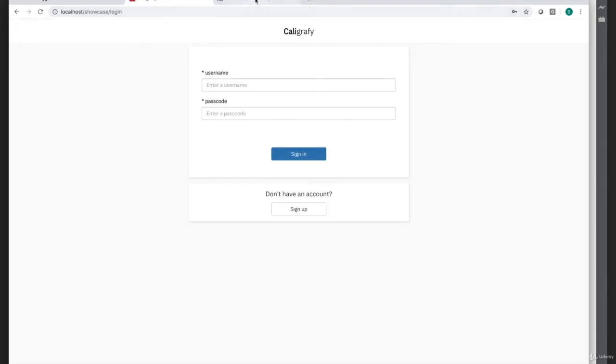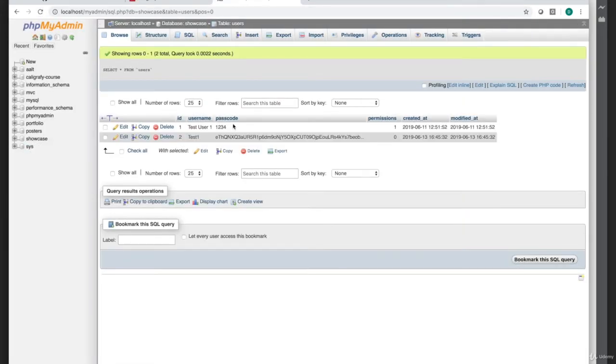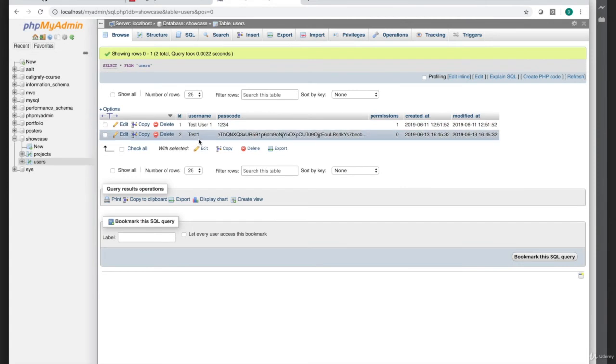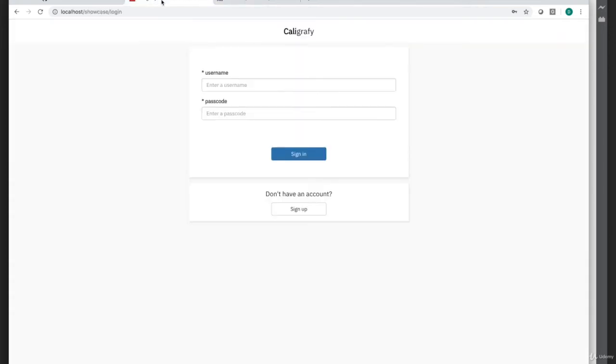Okay, this ideally signed us up. Let's go ahead and see if we added a user. Yes, we did. So notice it's test1, and then it's this passcode that you don't know what it is. It's an encoded value, which is the equivalent of the 1, 2, 3, 4. So now if I do test1, and then 1, 2, 3, 4, it's going to take me